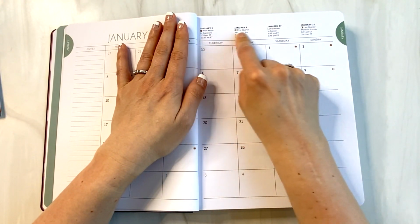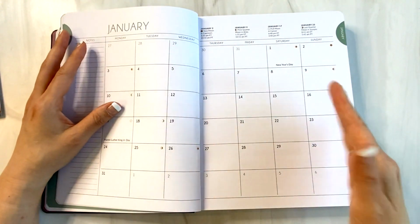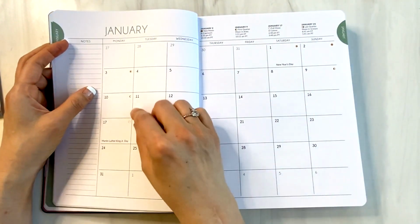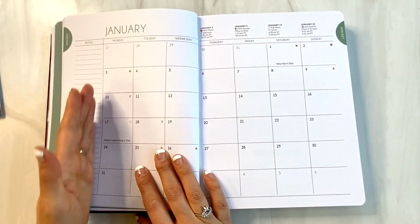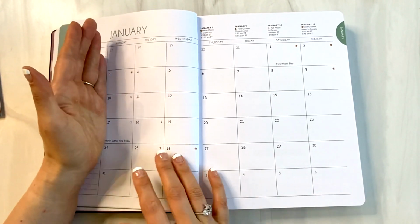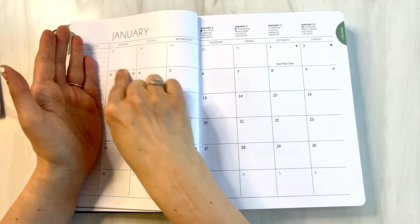But we have the new moon, first quarter, full moon. And it actually tells you right down to the specific minute. And then we have some space over here to write on the left, which I always appreciate when they put those over here. The only thing I will say is because this is Australia, I totally understand they start on